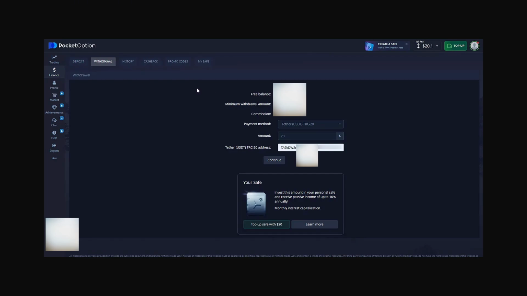And when you go to the withdrawal page, right here you will see your balance. You will see the minimum withdrawal amount, and in the payment method you need to find the USDT. For example, I will choose Tether USDT TRC20 because it's the most popular one. Then you need to enter the amount of USDT you want to withdraw, and you need to paste your TRC20